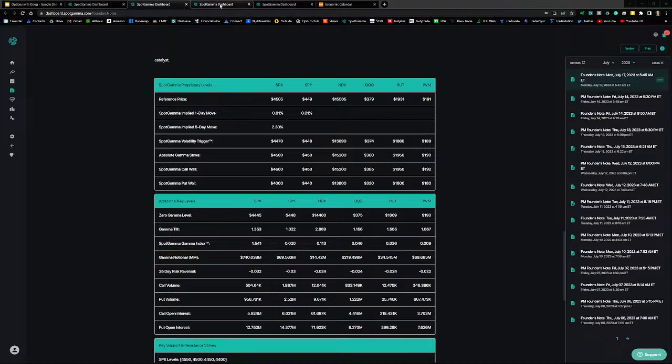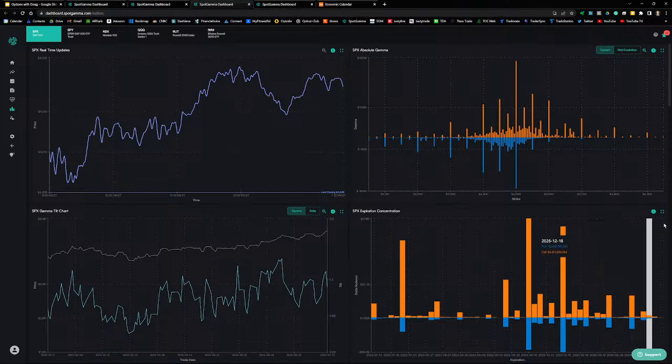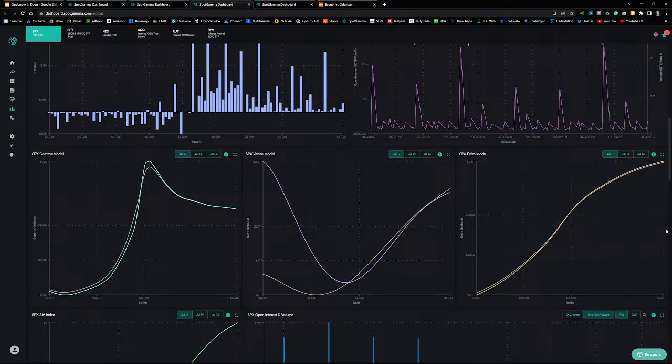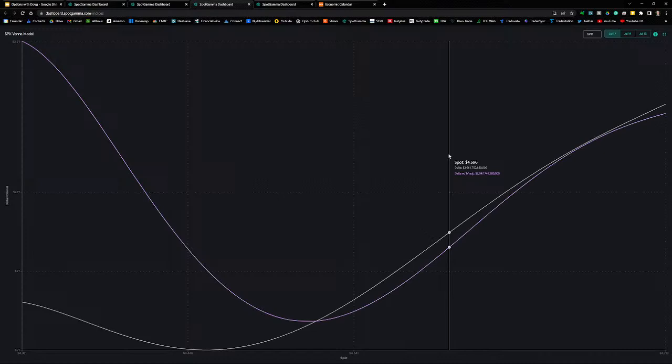All right, let's take a look at the Vana model. We'll go to SPX. So this will help us understand how market makers were positioned on the gamma curve at the beginning of the day, and how they may have to hedge or trade as price and implied volatility changes during the day. So again, this is the Vana model. What this chart is showing is market makers' delta notional shown on the vertical axis, and how that changes with price shown on the horizontal axis.